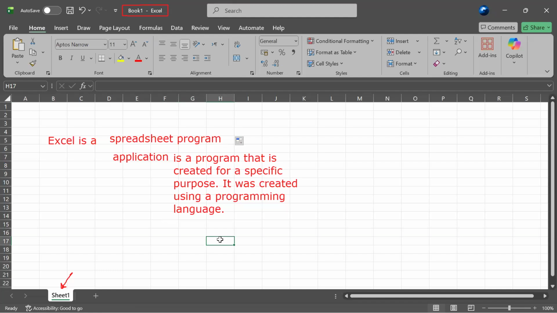Now there are different things we can use Excel for. There are a few of them that you may see readily. For instance, you can use it for your personal budget, coming up with a list. You can see that the way Excel is organized, you can list things. For instance, if you want to list names of people in a class, you